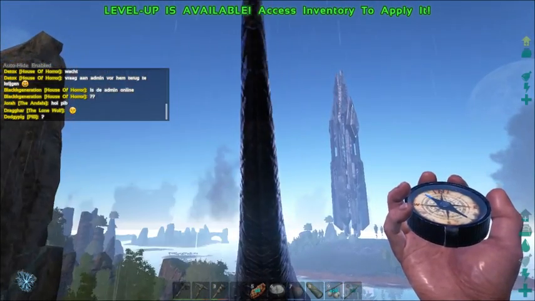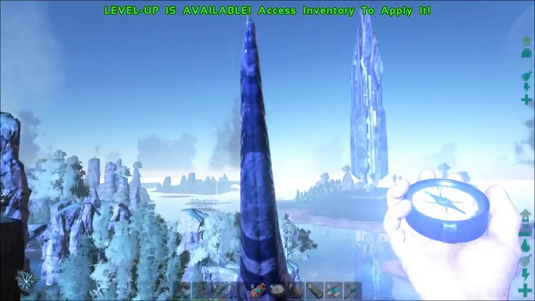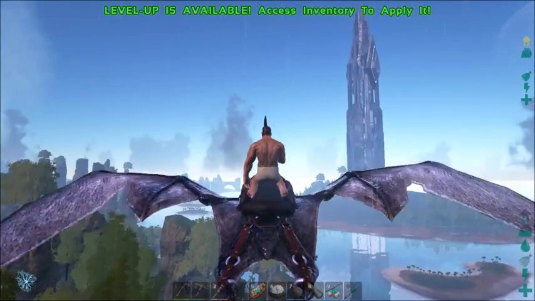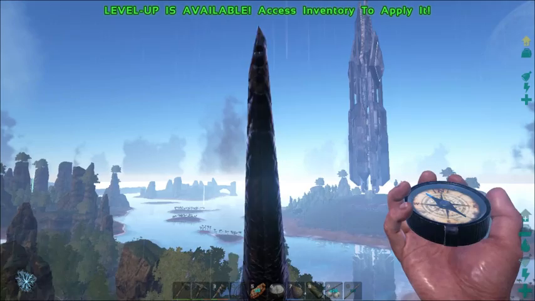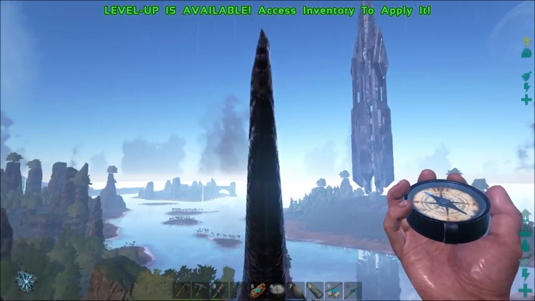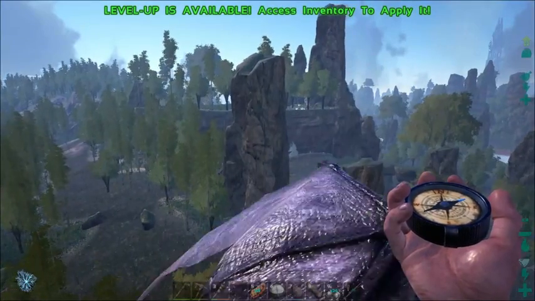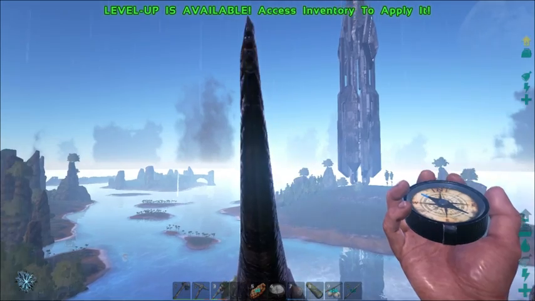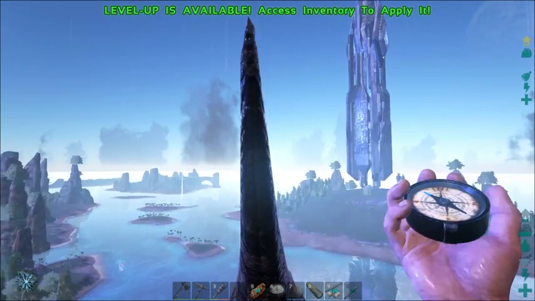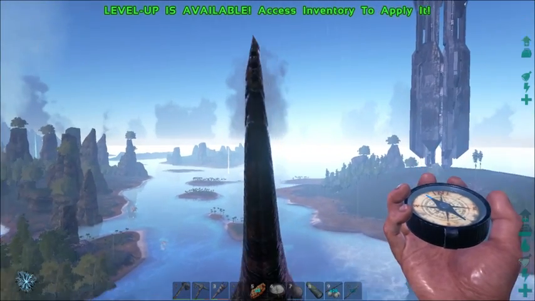Just going to take that out of the way, only because I want to see what's there. I don't want to end up going over somebody's base and getting shot out of the sky, because I know the guy to this side has plant species X. Right. So basically, if I keep that point down there,